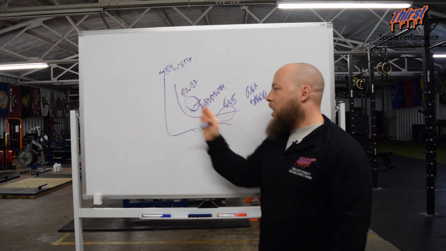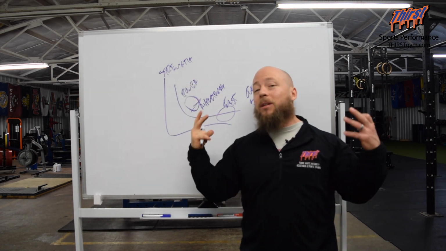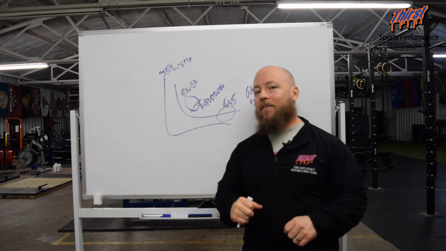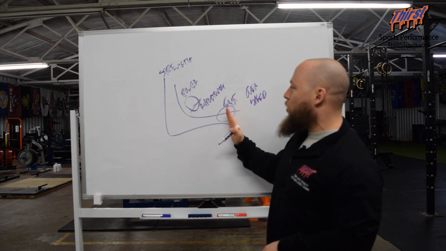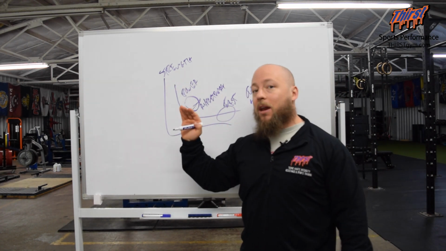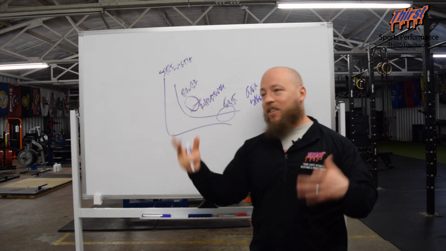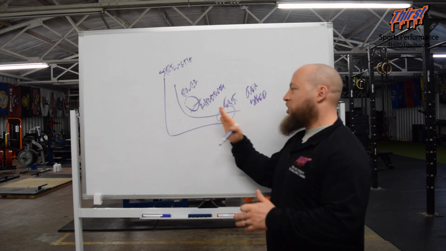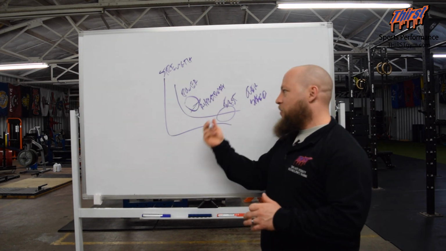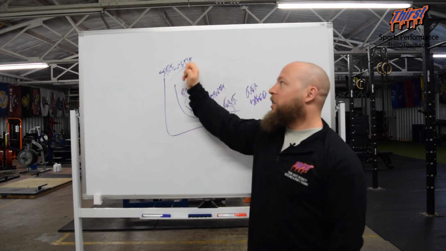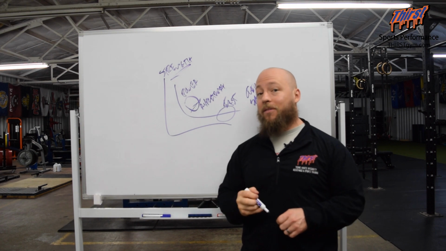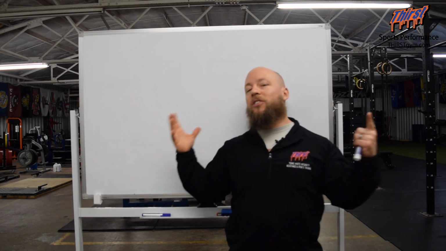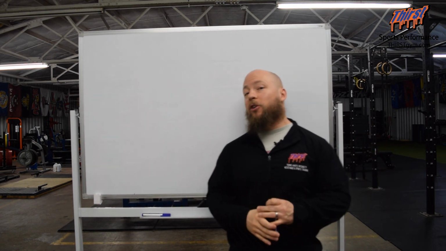But you've got to be able to train all along this curve to optimally develop any kind of athletic power, because if you spend too much time in one area, it means you're neglecting time in another area. Therefore, this curve begins to become unbalanced, and you can see how it's eventually going to hit a rate limiter where something's going to be limiting our performance. If you spend so much time down here, I can guarantee you that that part is probably going to be your limiting factor. Okay, now that we've got a brief understanding of the force velocity curve,